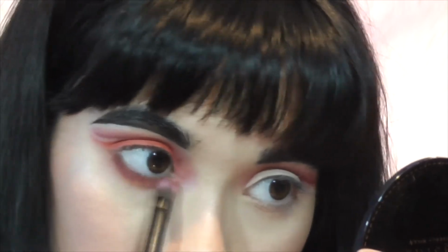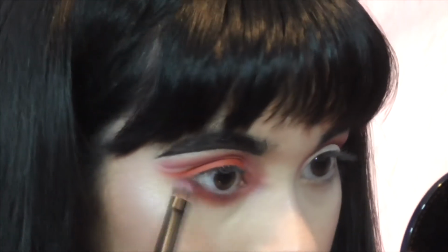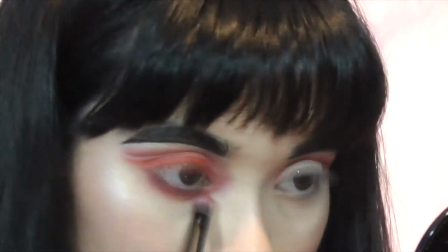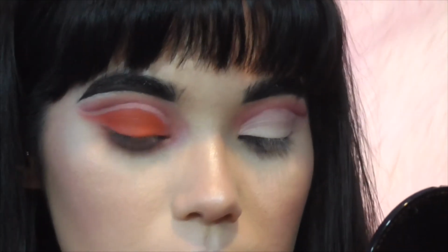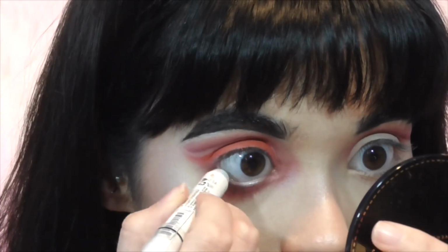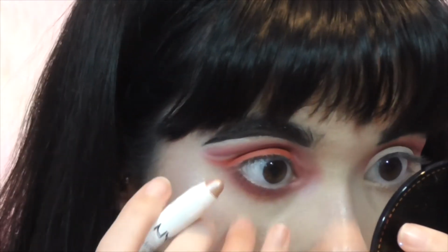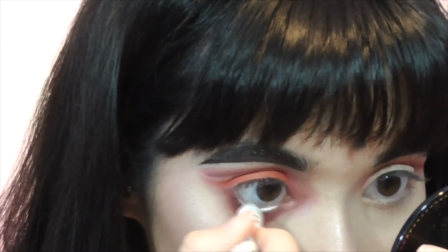And then with that shade Passion, I'm going to take a little bit and apply that as well. And for the inner corner, I'm going to go over the shade that we put down earlier with Ethereal. I'm just placing that right on top. And just for the waterline, I'm going to be taking the NYX Jumbo Pencil in the shade Yogurt and applying that inside. So now I'm going to go ahead and finish the other eye off camera, and then I'll be right back